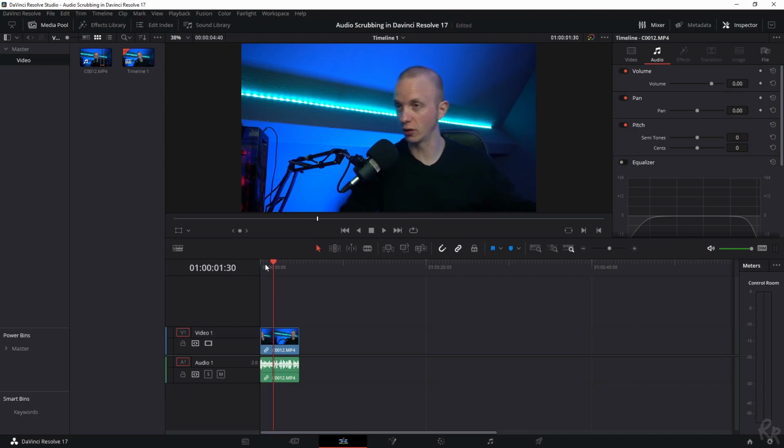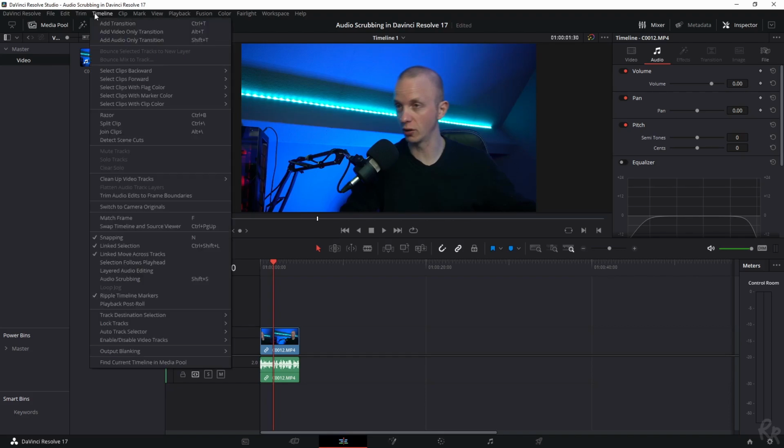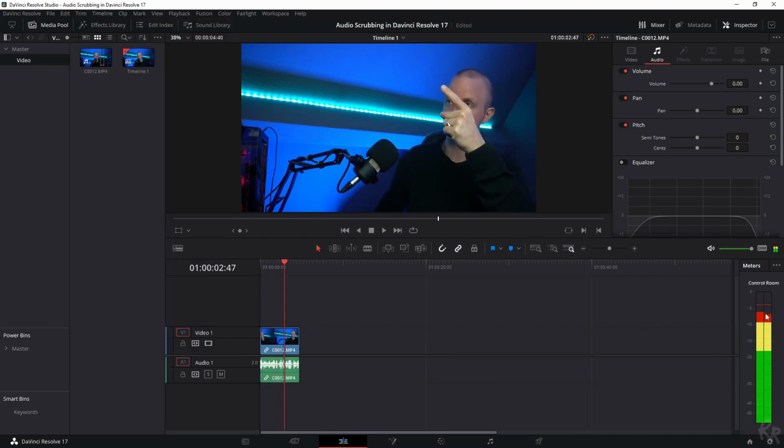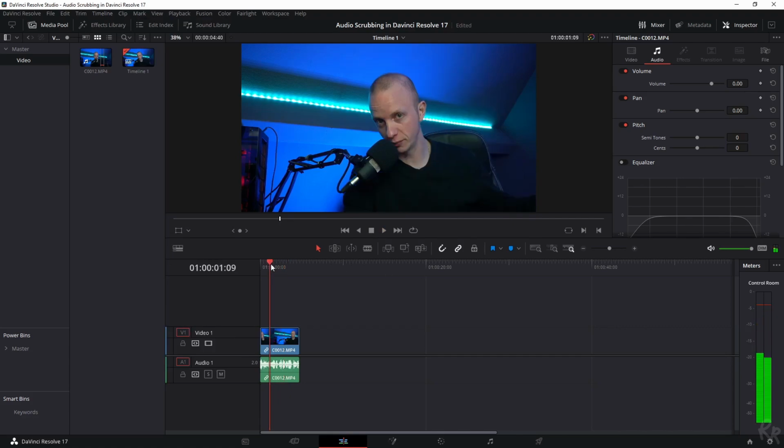In order for you to change that, you can go to Timeline and then tick this box, Audio Scrubbing, and the shortcut is Shift S. If you click it, if we play it, it still moves up and down, but now watch what happens when I move my arrow keys around. You see that it is starting to jump up and down as well, which will give me more accurate results and when the audio is present or when it has stopped, and I don't just have to look at the screen